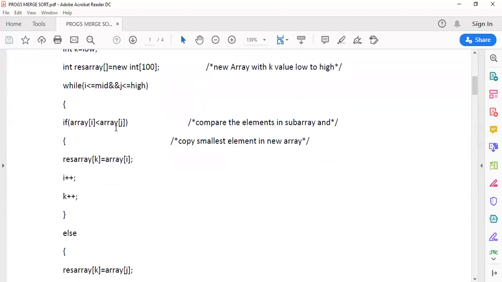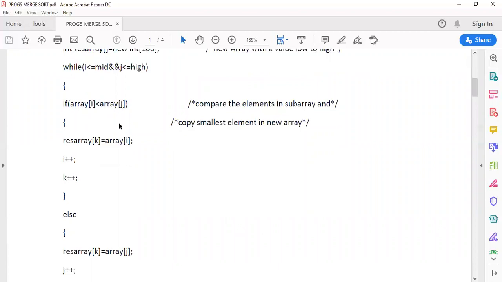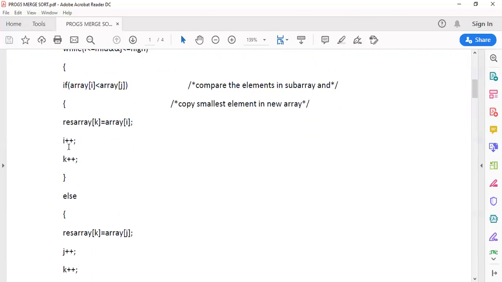Keeping this in mind, we compare the left array and right array, a of i and a of j. When we compare, if the smaller element is in the left array, then we copy that element into the new array. After copying, we increment the i pointer and k pointer.